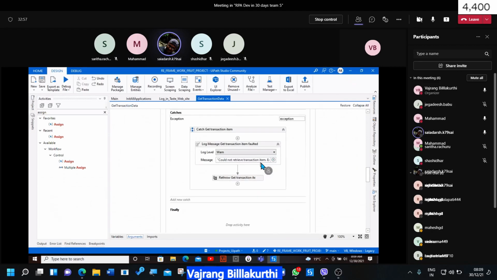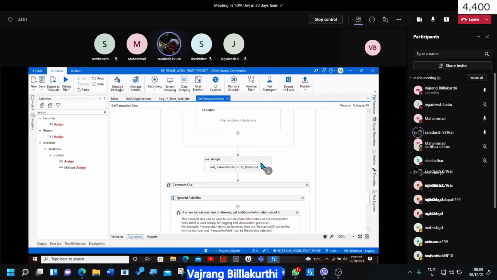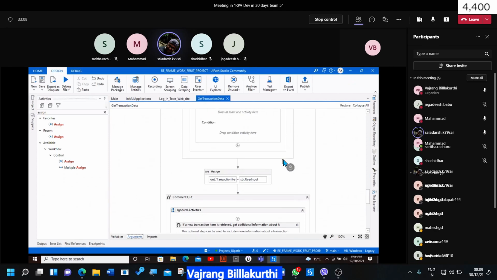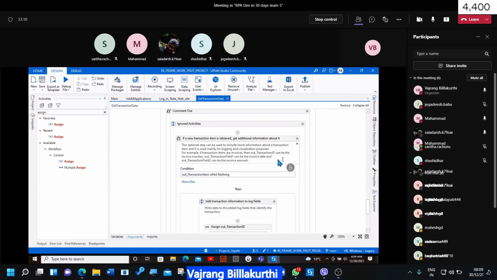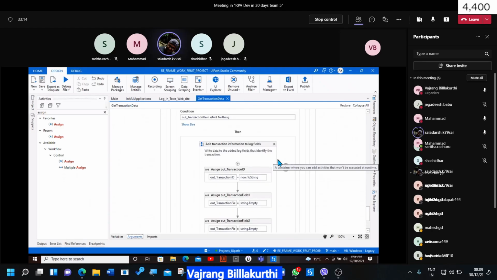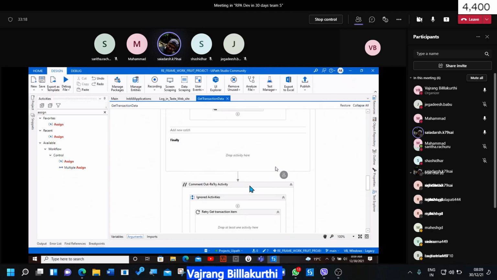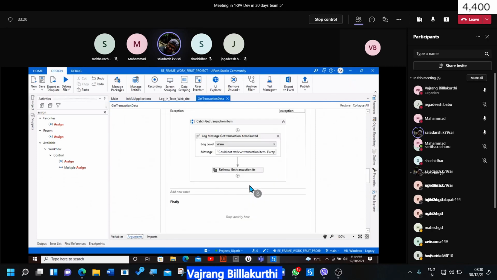Out transaction item equal to user input. So outside of this, in the invoke workflow import arguments, I have mentioned out transaction item equal to transaction item there.